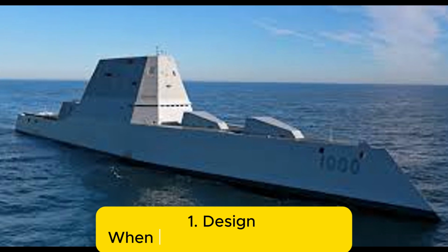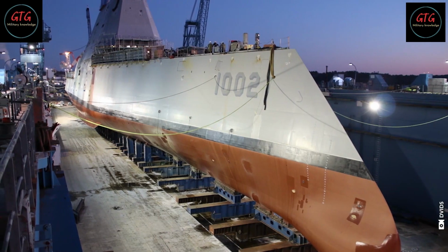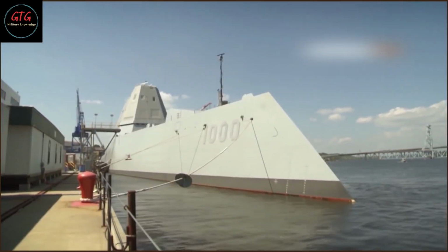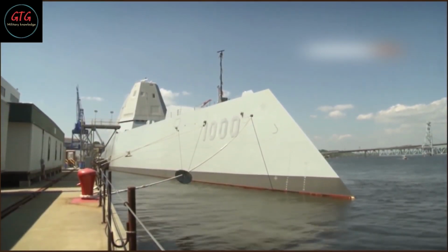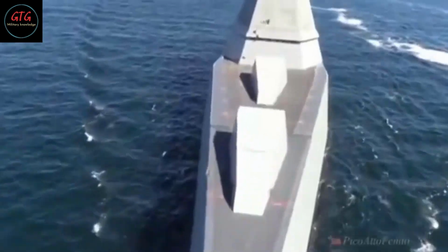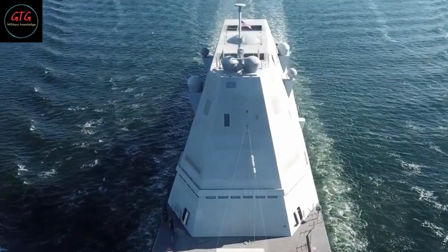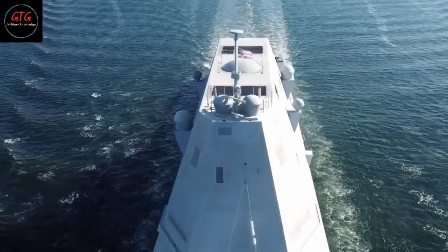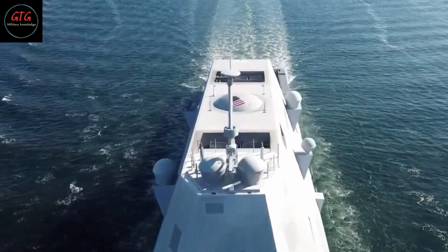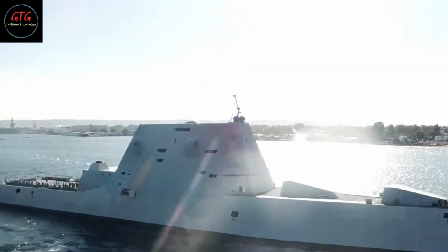1. Design. When form defies convention. Unlike most modern warships that feature outward flaring hulls for greater stability, the Zumwalt uses a tumble-home hull where the sides angle inward above the waterline, forming a truncated pyramid shape. This design, largely abandoned since the 19th century due to poor performance in heavy seas, was revived for one reason: